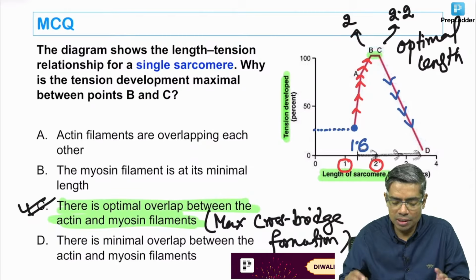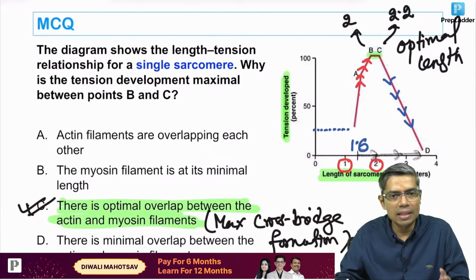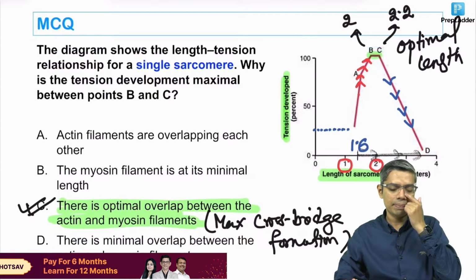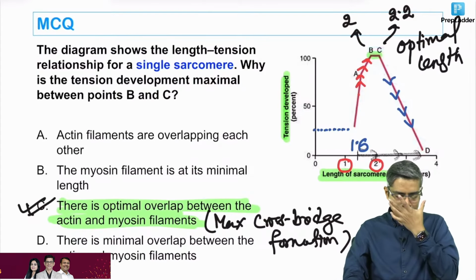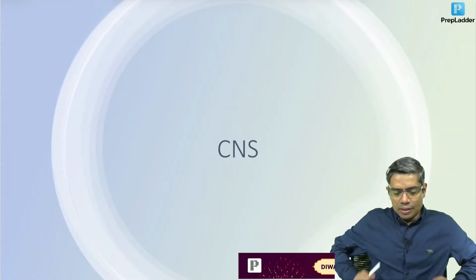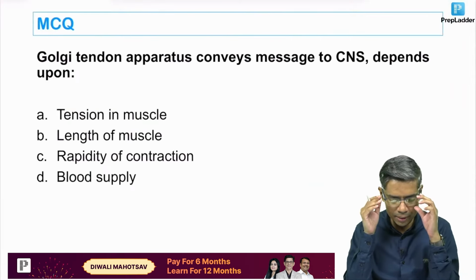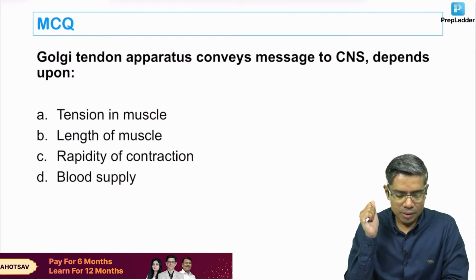Okay, so this is the curve. This curve is known as the length tension relationship curve. Okay, everybody? So answer C, I believe you got the gist of why the answer is C. So now muscle physiology is done. Now the next question that we are going to is CNS. So first question is